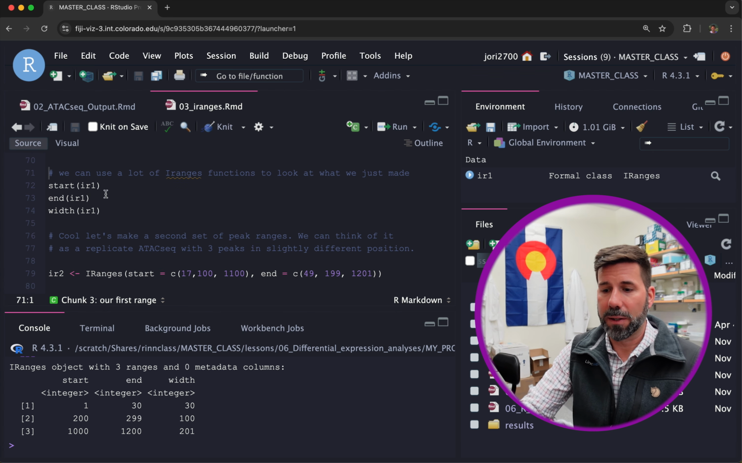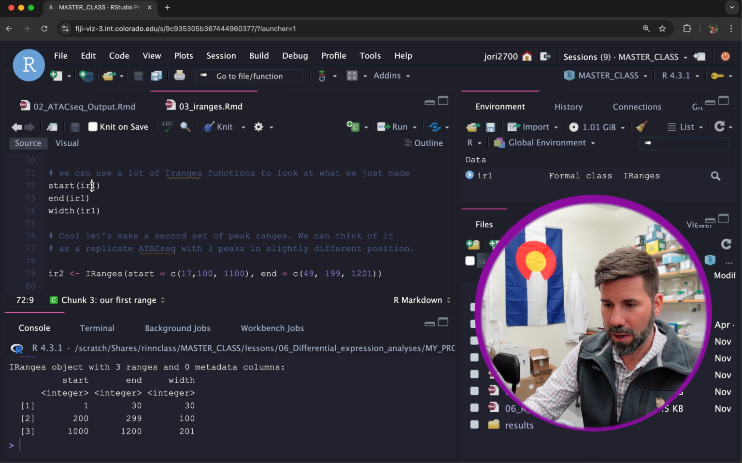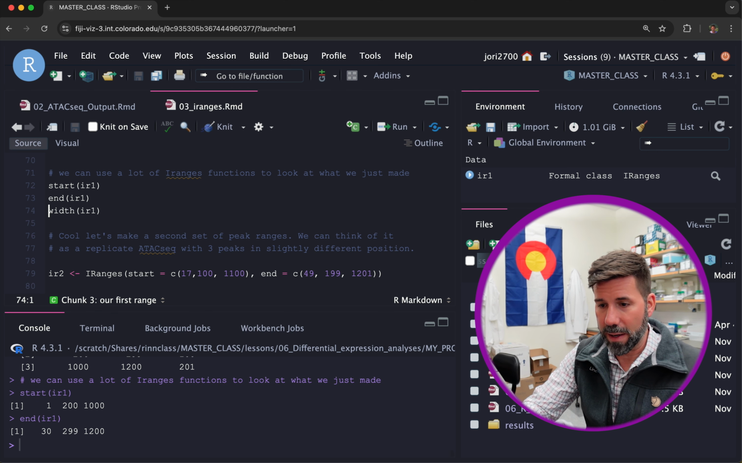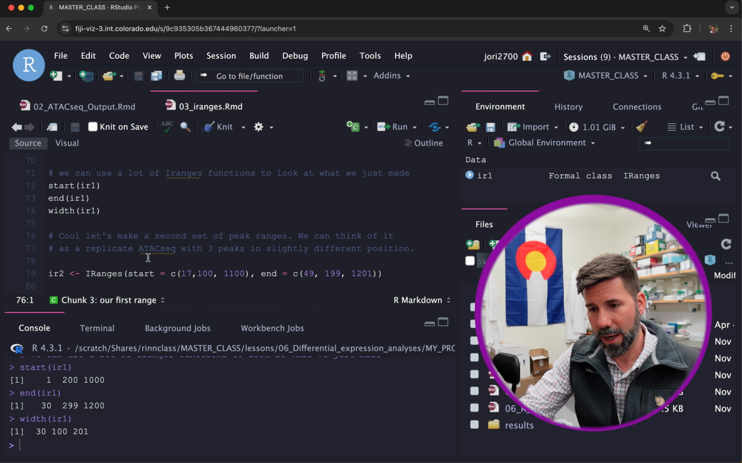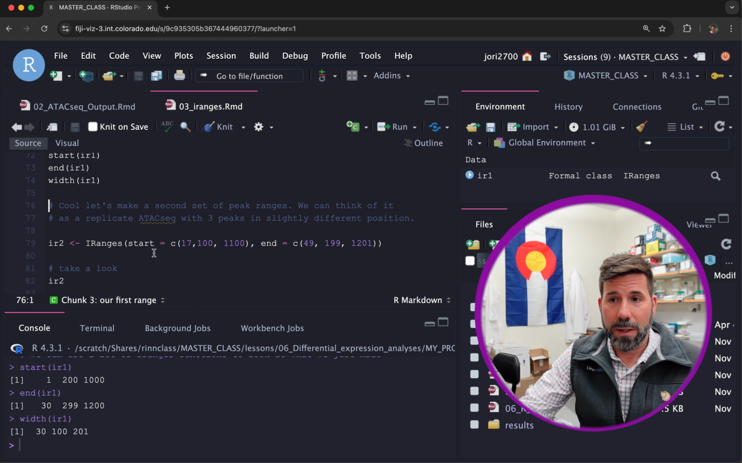You can index into this and just grab the start, end, or width. So you can say, I want the starts for this, and it'll tell you those start values, the end values, and you can just get the width if you want it as well, with these start, end, and width functions. And those are not IRanges functions. Those are just kind